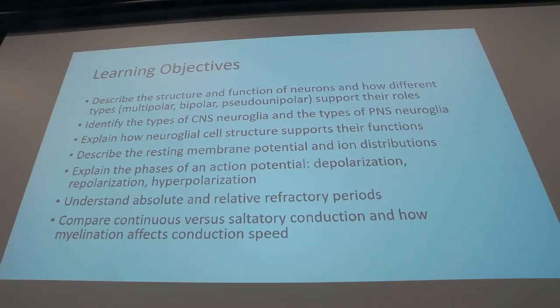We are also going to see the parts of a neuron, classification of the neurons, the function of the different parts of the neurons, and supporting cells, including their names, what they do, where they are located, all of these different supporting cells. And we're going to revisit again the physiology of excitable cells. So basically, we're going to look again at what is resting membrane potential, what is action potential, and their phases, and what is the importance of having these periods within the action potential, and how you transmit these action potentials